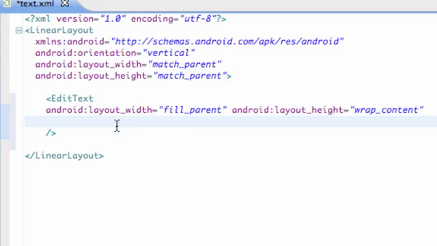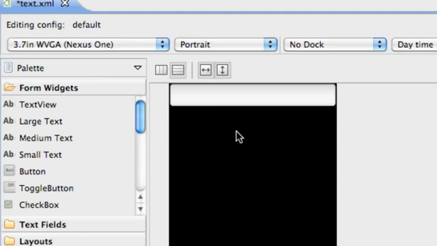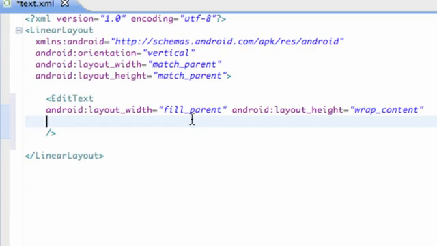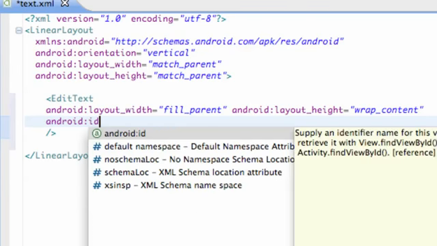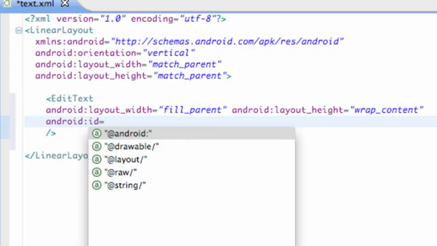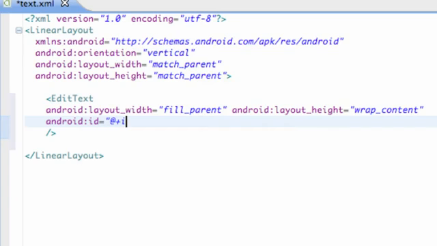But there we go, we have the setup for our edit text, and that's what an edit text looks like. You can put some input in there, some text or whatever, and we're also going to give it an ID because we want to reference it in Java. So Android ID equals, again within quotations, @+id/ET for edit text, so we can remember it, and we're going to say